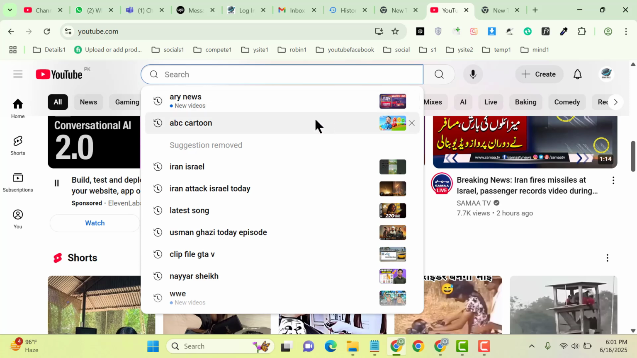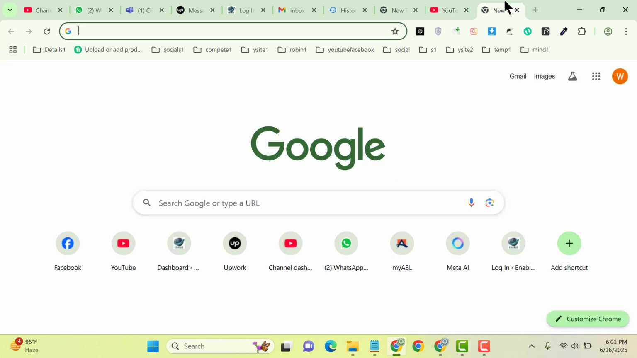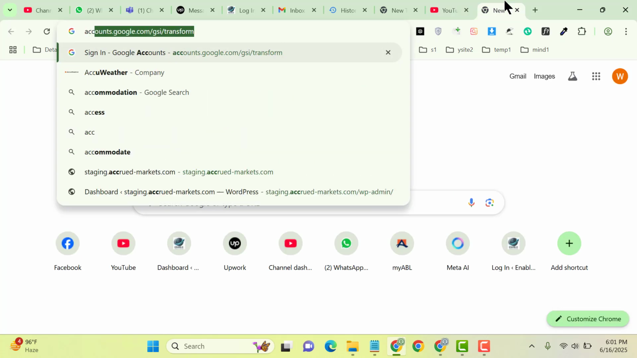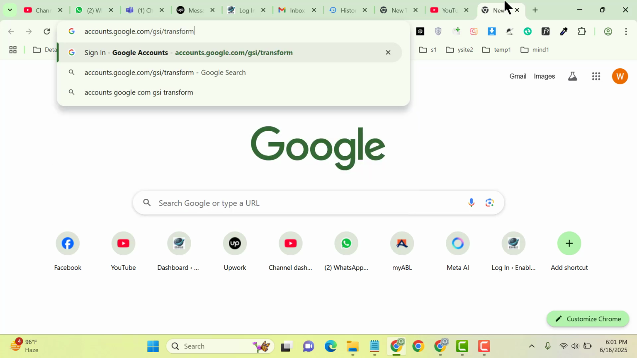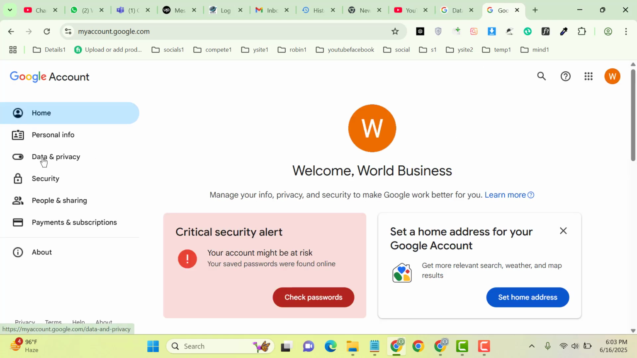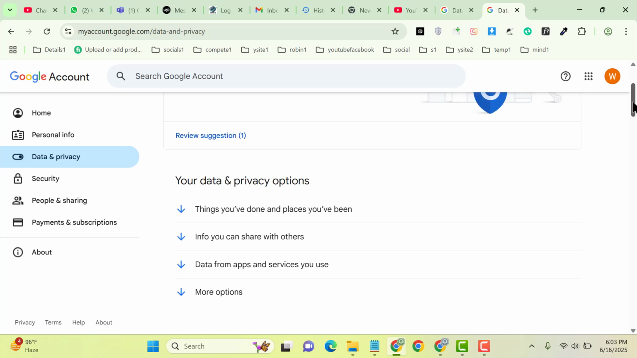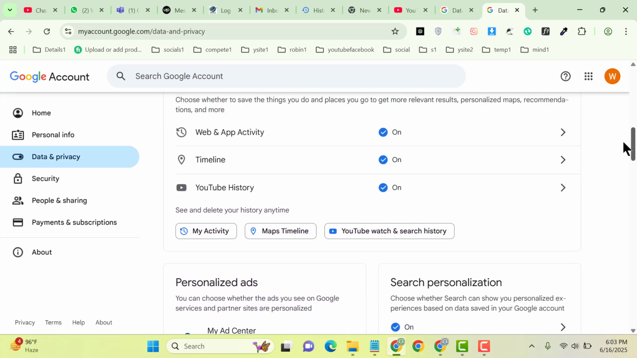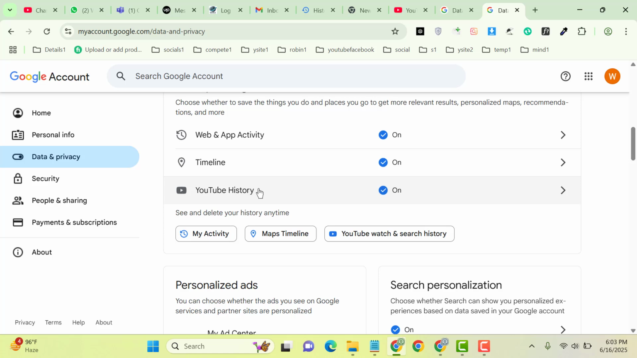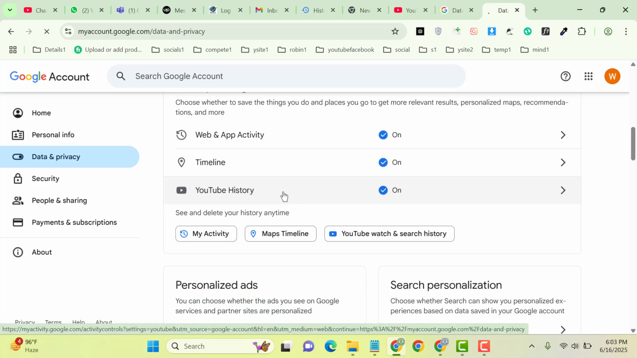Now if you want to remove all of these suggestions at once, how can you do that? You need to go here, accounts.google.com, then press enter, and here you can go to data and privacy. After that, scroll down, and here you can see YouTube history. Just click here,